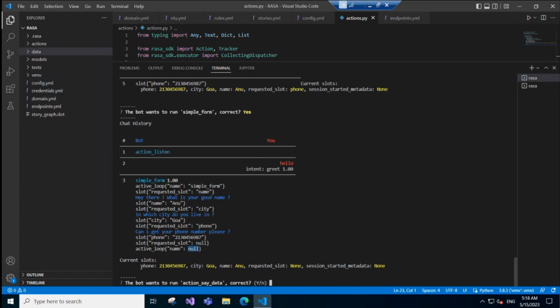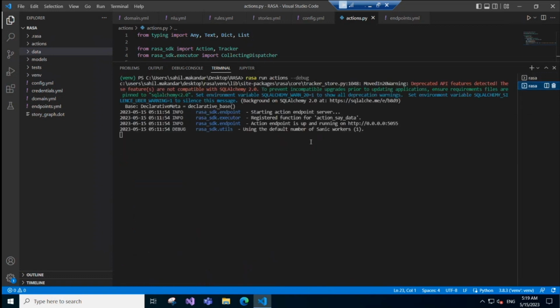All the slots were extracted, that is name, city, and phone number, and once all the slots were extracted, the requested slot was set to null. So the form came out of the loop, and the last action that we wanted to run was action save data. Before running this, we'll just check in the